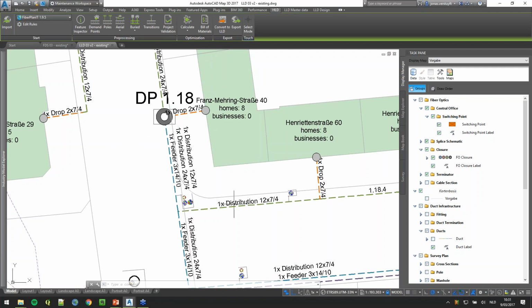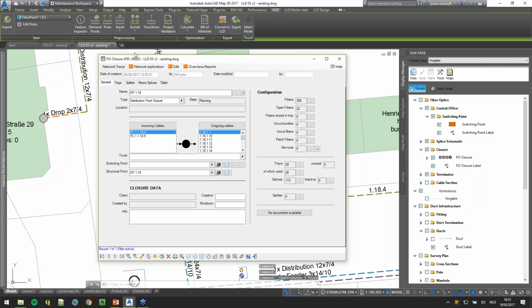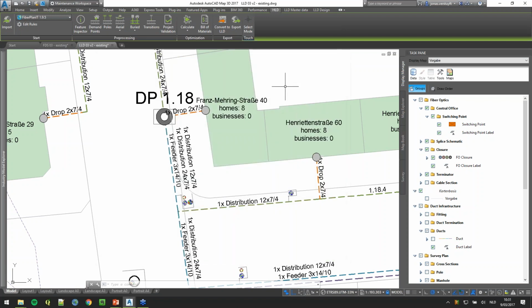The cables are assigned to ducts, microducts, and we have our naming, which is applied. So if you take a look, for example, at our distribution point here, this is a distribution point closure with this name. We have our incoming cables, which are all labeled, and our outgoing cables, which are all labeled. So that's everything that's being done during the import,